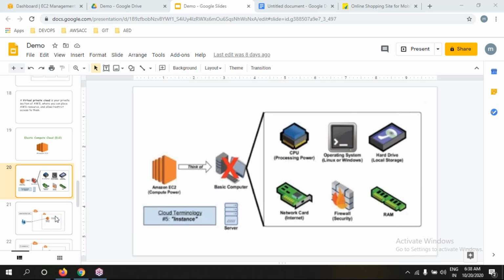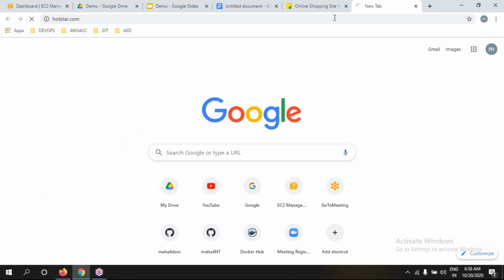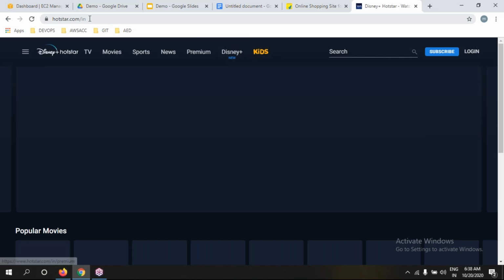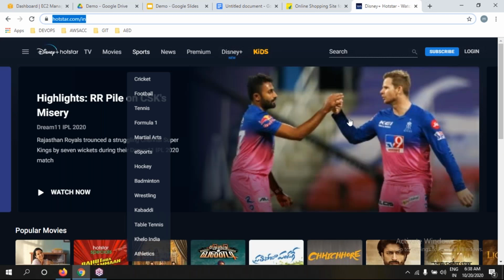Let us understand one layman example. Let us go for the Hotstar example. Is it an application or not?